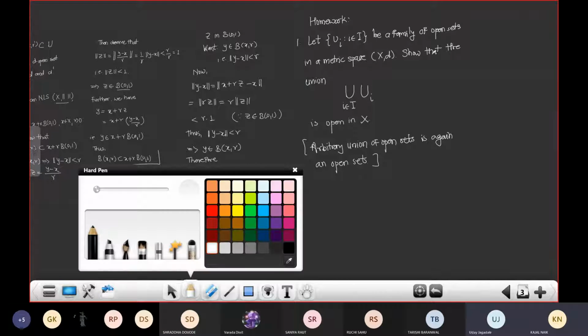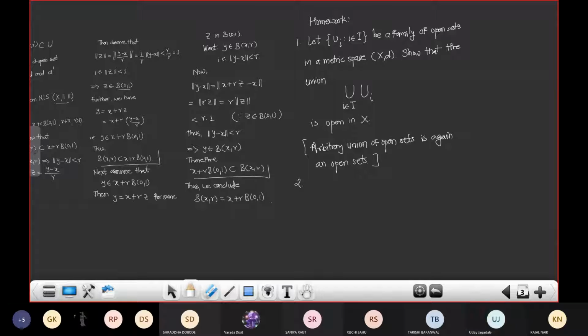Which says, so let... these are just set theoretical exercises. If you know the definition of an open set, and if you know set theory, then you can answer these questions. So let U1, U2, ..., Un be a finite collection of open sets in a metric space X, then show that